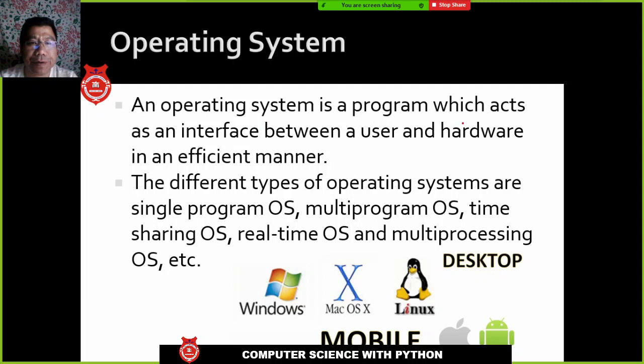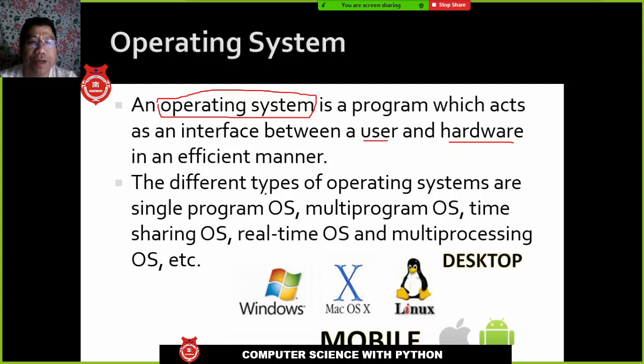Operating system is a program which acts as an interface between the user and the hardware. There is the hardware, there you are the user. Between you and the hardware, there is an operating system, the software. Operating system is sets of software, okay, different types of software put together to make the hardware easier to use. Okay, the main aim of the operating system is to make the hardware function properly and easy to use for